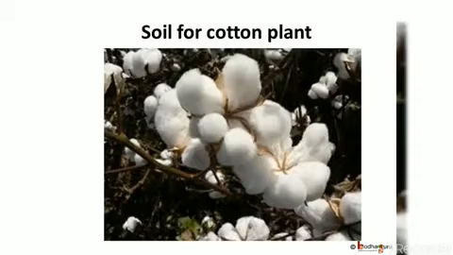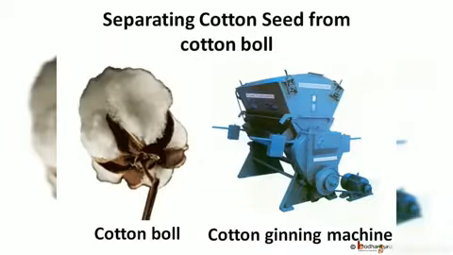Regarding the soil type, black soil found in western and southern India, like Gujarat and Maharashtra, is ideal for the cotton plant. In northern India, the cotton plant grows well in alluvial soil in Punjab. When cotton fruits burst open after maturing, the seeds are covered with cotton fiber. The fibers are separated from the seed in a very simple way.